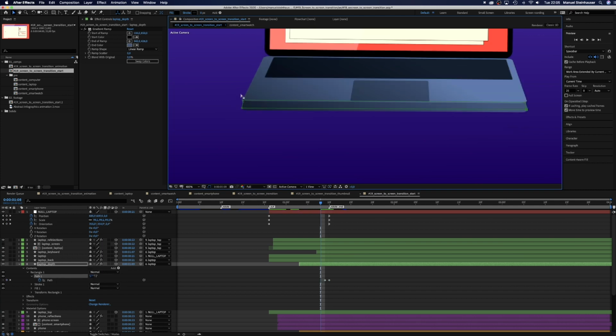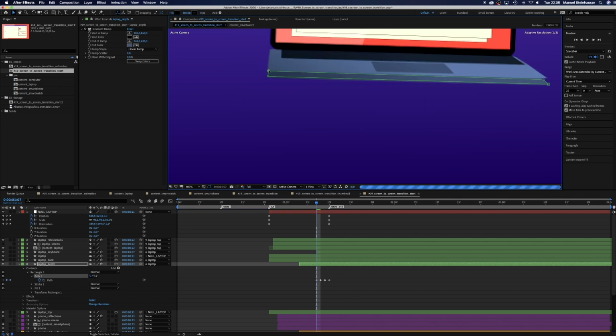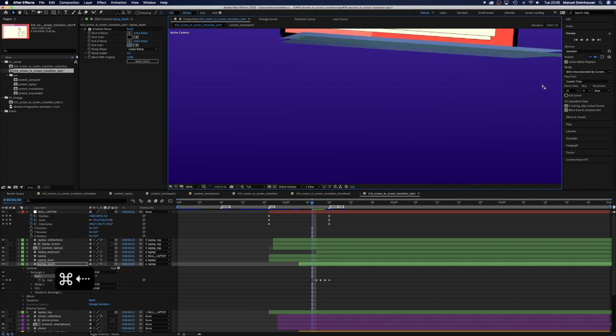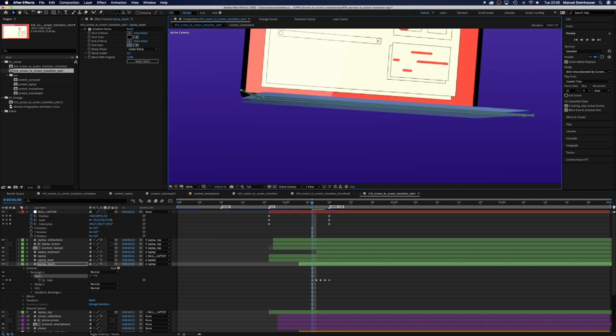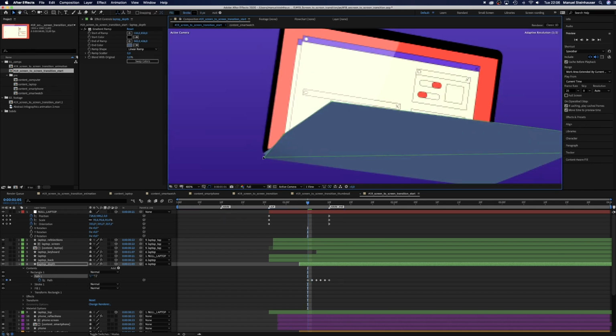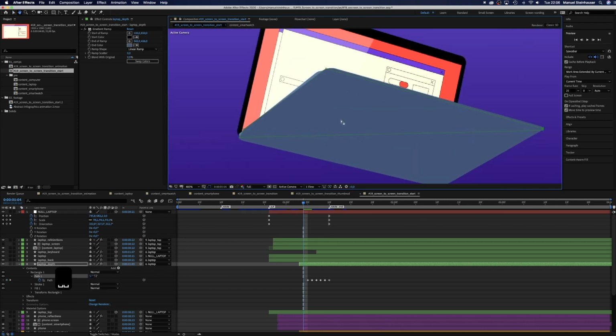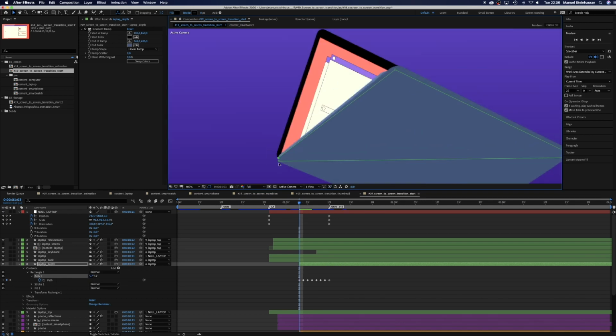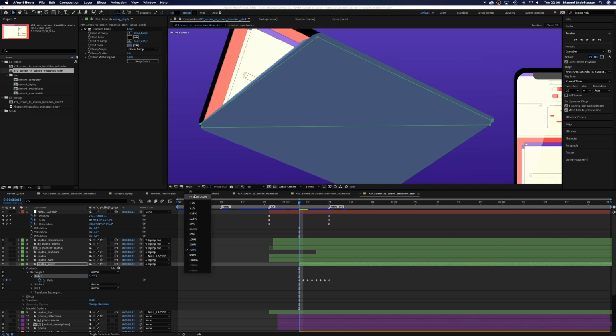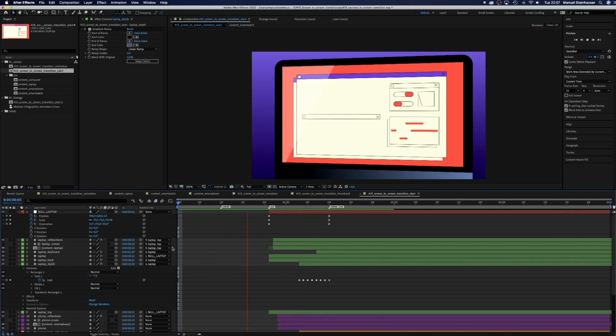It doesn't need to be perfect as the movements are very fast. Although it's an animation you can reuse so many times, so let's put some effort in it. As you can see, here we need to move that shape way back to cover that corner in the back. Alright. Finally, part 2 of the rotation is done.